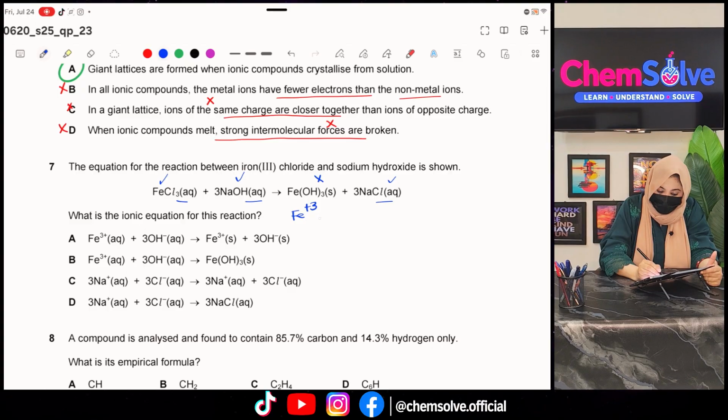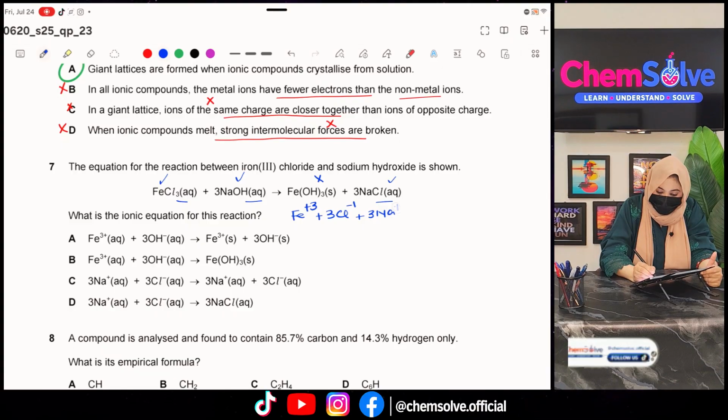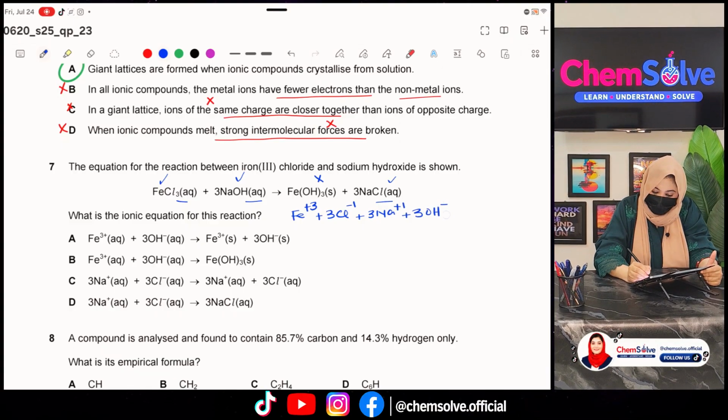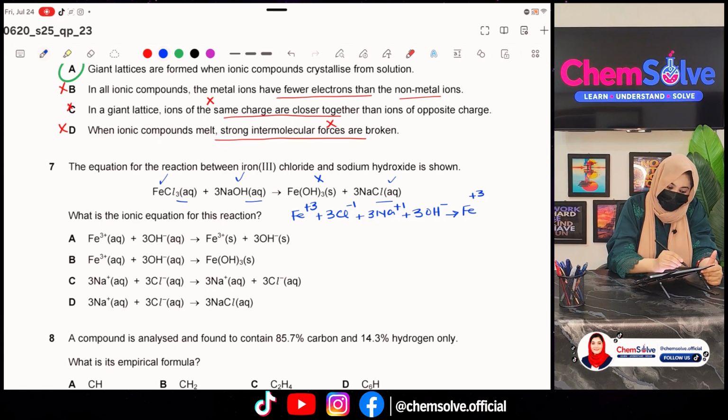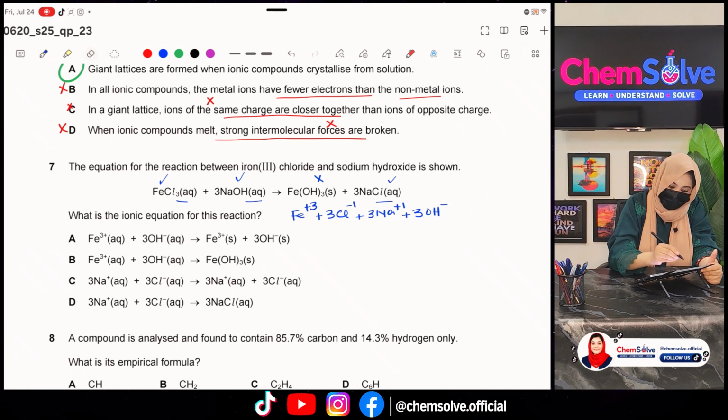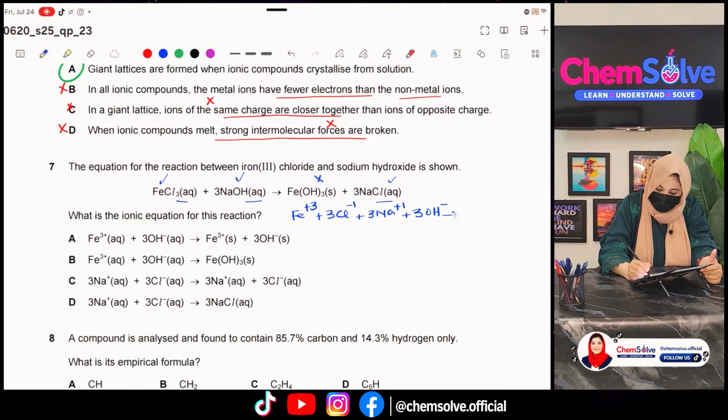Fe positive 3 plus 3Cl minus 1 plus 3Na positive 1 plus 3OH minus 1 gives us Fe positive 3. Sorry, this is a solid, this wouldn't be ionized. So Fe(OH)3 will be left as such,